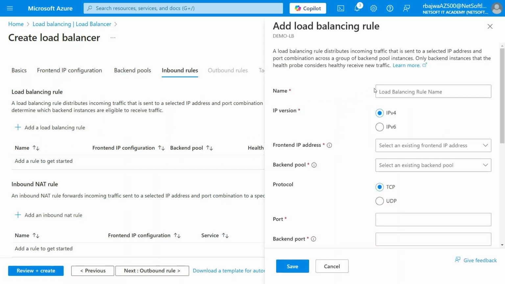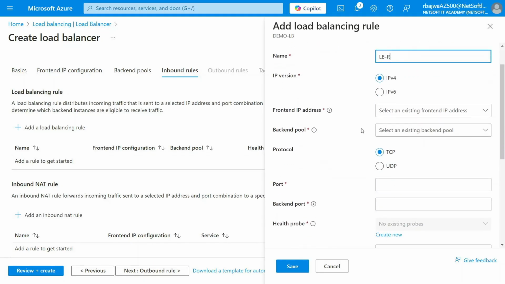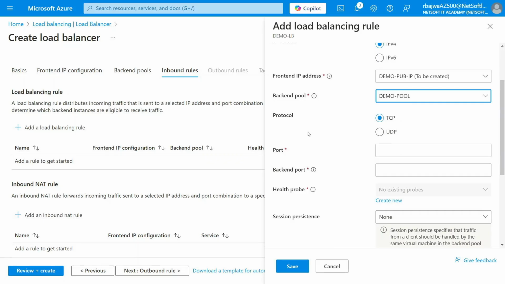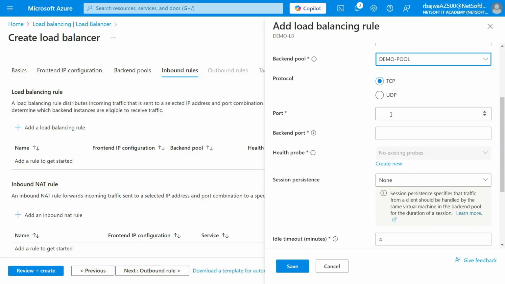So I'll click on it and I will just call it LBR, load balancer rule. Now, what's the rule? All the requests coming from this front end IP will go to which backend pool? This backend pool which we created. The protocol for the request will be TCP, and the request will come from a specific port. In our case, I will select 80 because I will also deploy a web server on our machine. So let it be port 80,